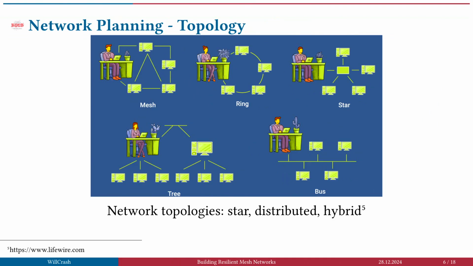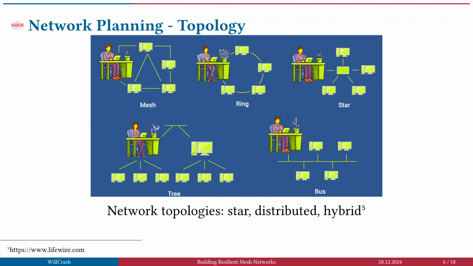Let's do a small network planning 101. There are different networks depicted here. One is a ring, where each node is connected to a neighbor, or a few neighbors. Then there's a star. The star is different because there's one node which connects to everyone, and the other nodes only connect to the star. Then there's a tree and a bus, and the mesh network. Now imagine which one has the most or the least single points of failure.